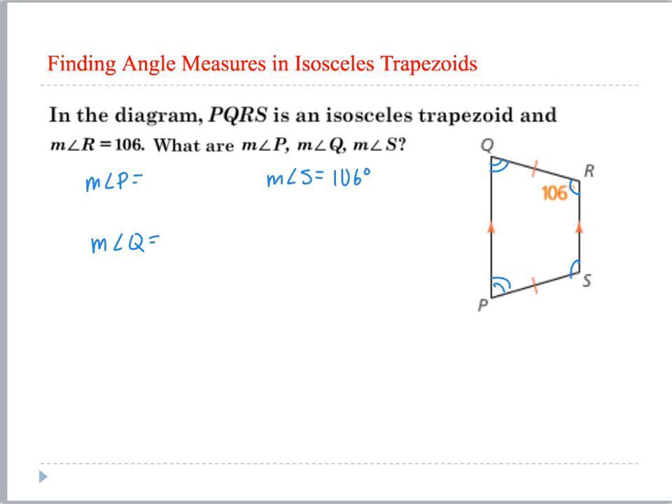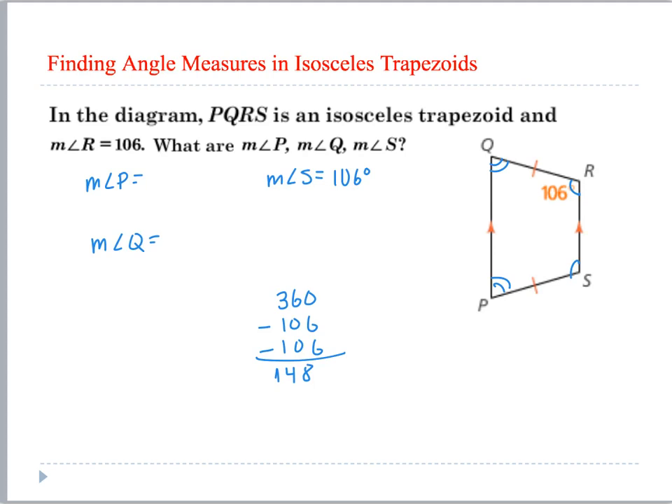And then I'll use the same concept that I just used on the last one. It's a quadrilateral, so it is 360 degrees total. So 360. Subtract R and S, so minus 106, minus 106. Okay, so I subtract those. So 360 minus 212 is going to leave me with